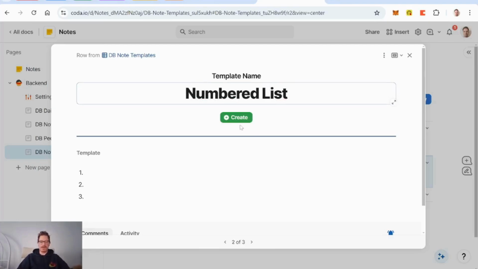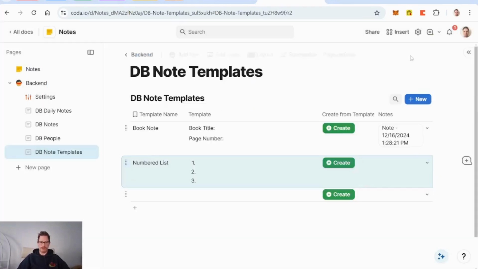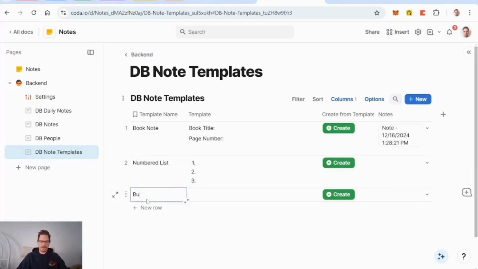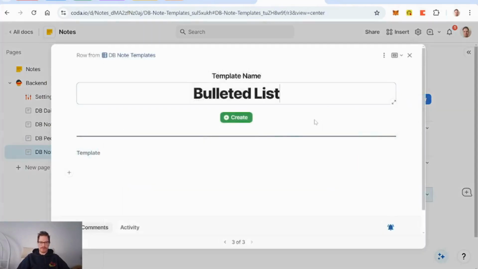Now this is silly, right? Like, why would I ever want a template named numbered list? I could just create a note and write numbered list anyway, but I mean, this is just for the purposes of demonstration, right? So if we go,